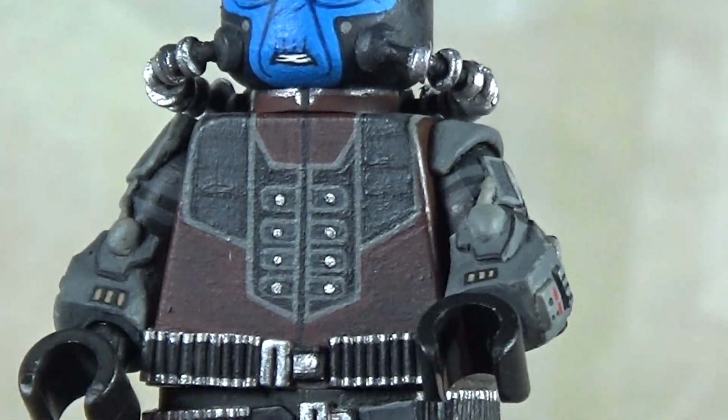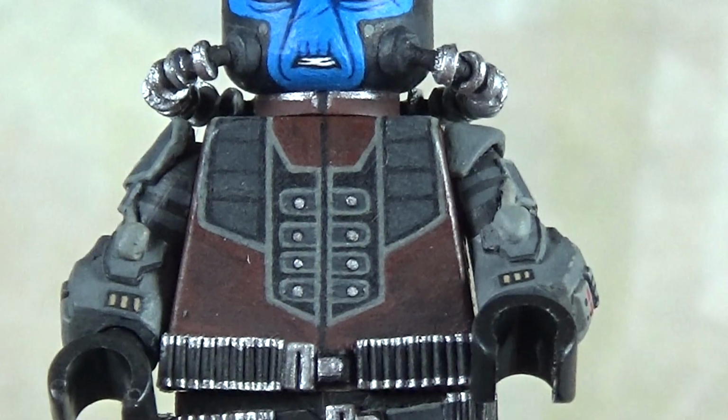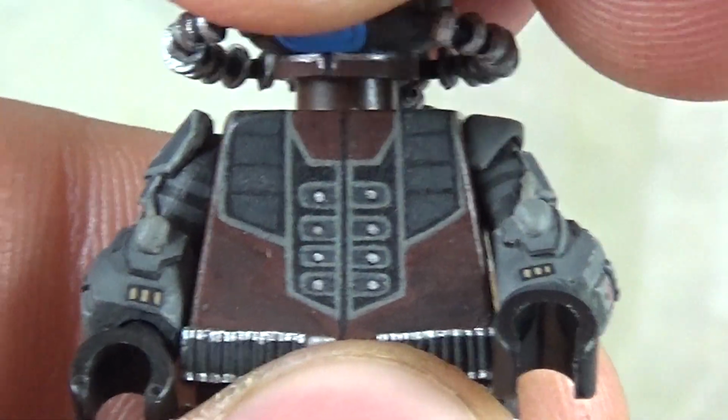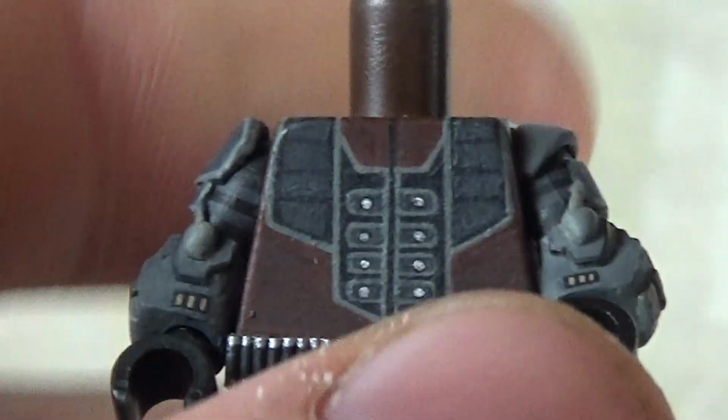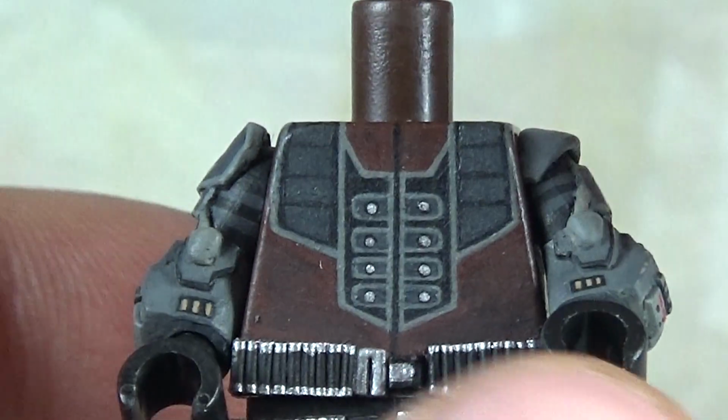The vest here. I think the only problem with this figure is just the vest, it looks a bit flat, but I still like how it turned out. The detail on the vest does continue to the shoulders up here. You can see it goes all the way to the back as well, and that turned out really nice. Then the